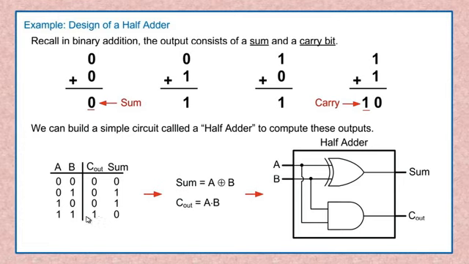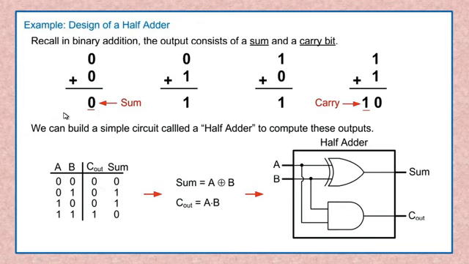When A and B both are true, then Y is true. Therefore, this carry gives the equation C out is equal to A dot B, that is AND gate output. And sum gives the truth table output, or this column of sum gives the output for XOR gate. So the equation for sum will be A XOR B. Okay, in this way, this is a construction of half adder with the help of logic gate.